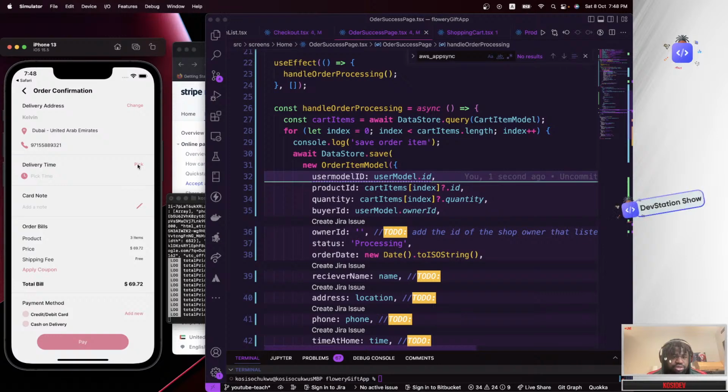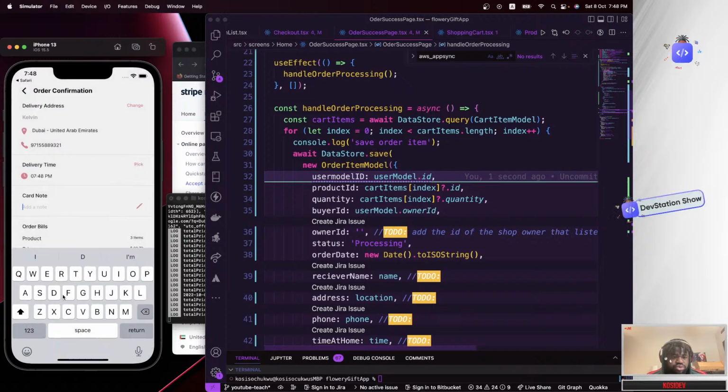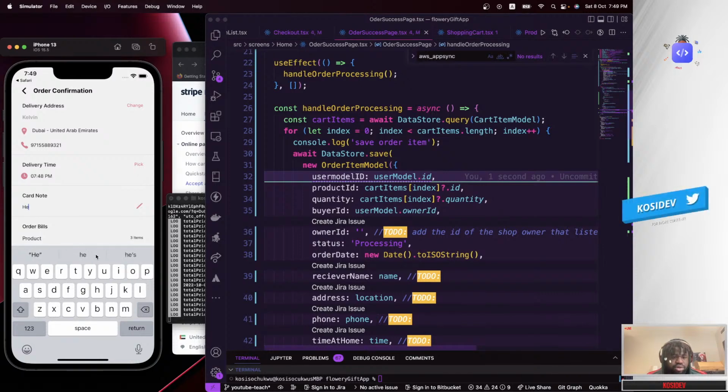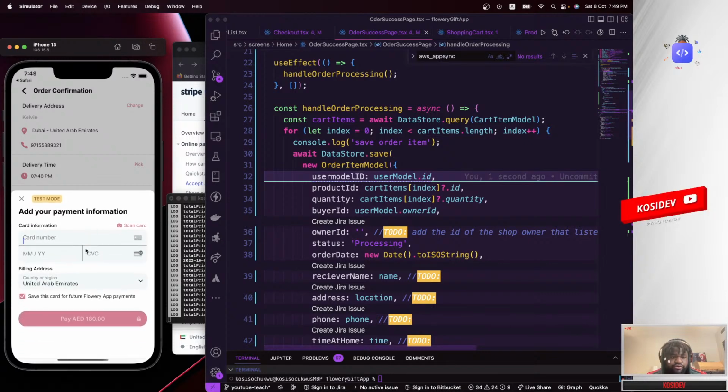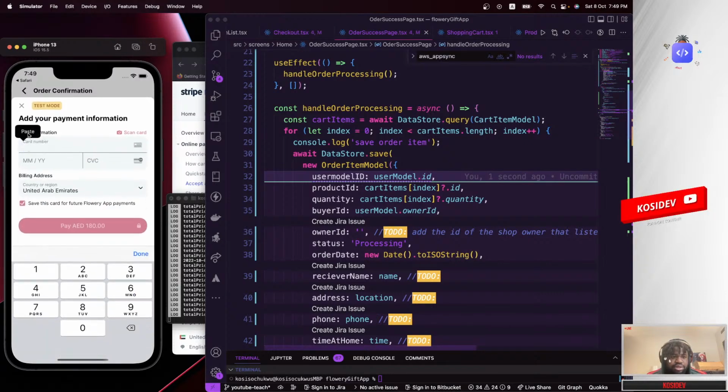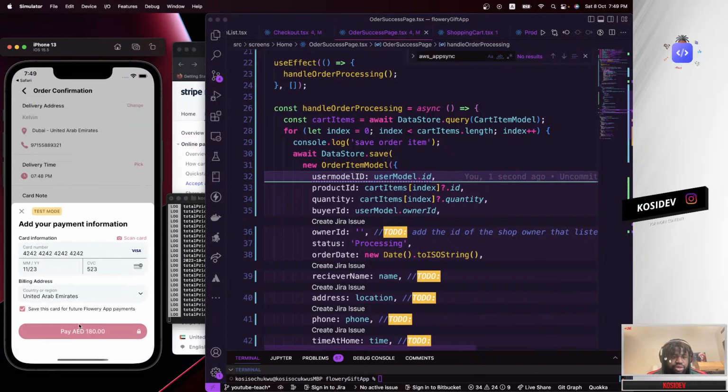Pick any random time, confirm, note, hello, whatever you think. That's all. Select credit card, pay, and over here we need to paste that, and 11 23 523, and then tap on the pay AED.